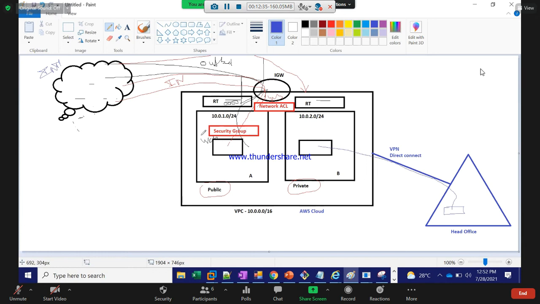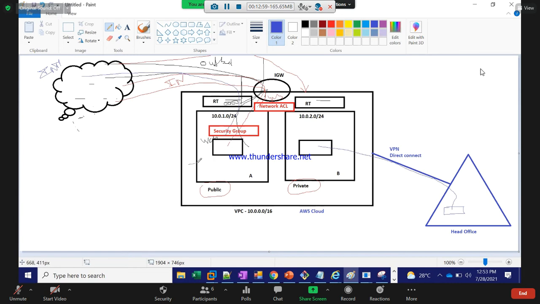Let's say you have some marketing or advertising business, and you are expecting internet customers to access your web server. They can come here, and that's why we segregated them.